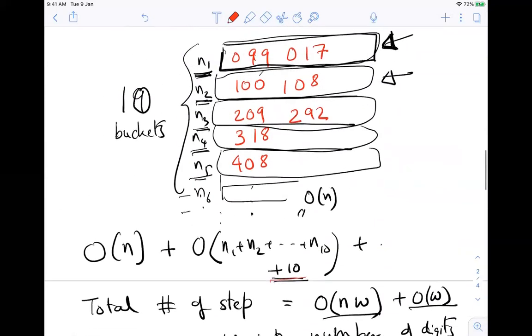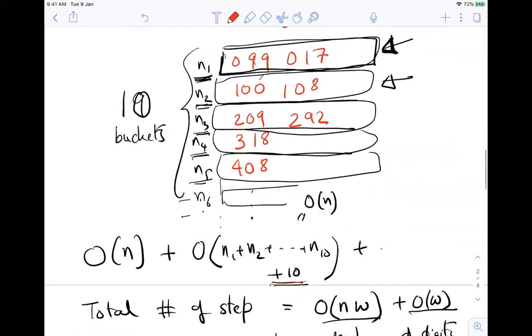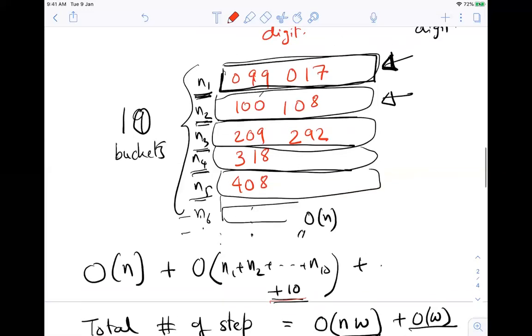We are kind of bucketing it. We are just bucketing. We are not counting it. We are just putting it in the correct buckets. In the most significant digit, we are not sorting. Think of it that you have 10 friends.